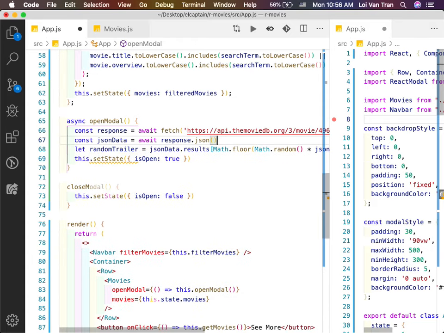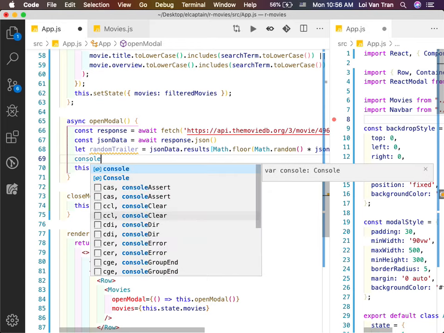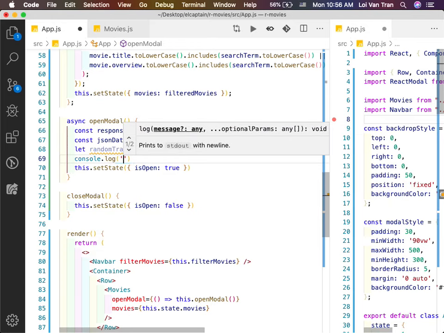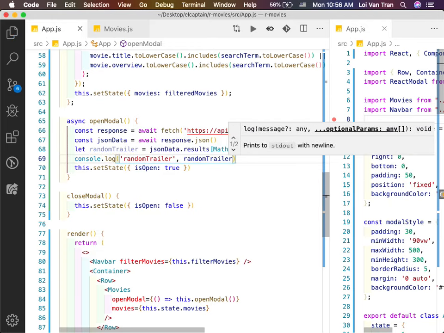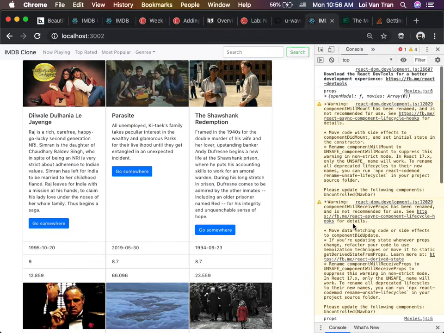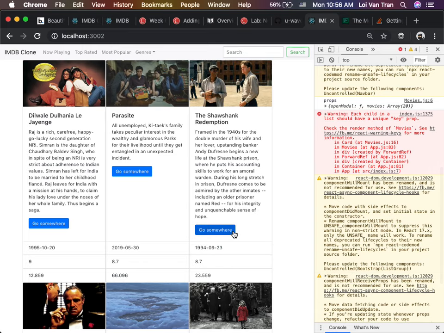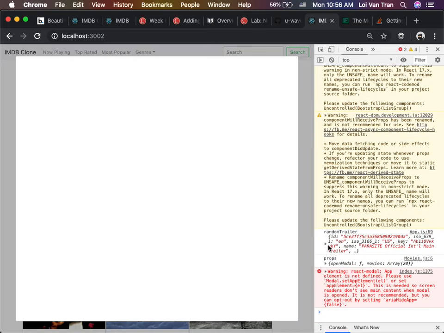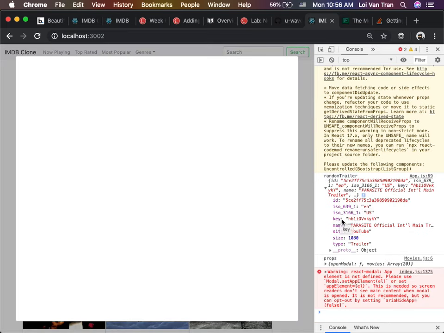Okay, so we delete our console logs as we go, and the last thing we're going to do is just look at it. Not the last thing, I don't know why I even said that. There's always more to do. So we're just going to look at the object at this point. Click. You see that our data came back, and we have this data. Specifically we're looking for this key, but let's look at our library.